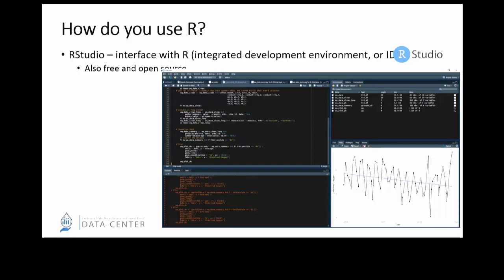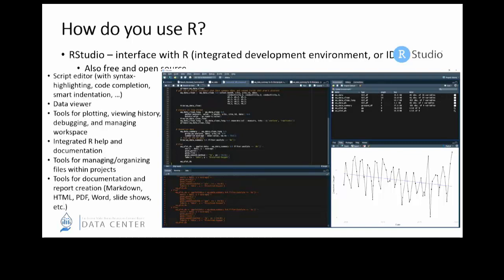You get your place where you enter the code, but you also have a text editor to write scripts. You can look at all of your variables saved. You can look at plots. There's tons of other stuff like a lot of help documentation built in, tools for documentation built in, lots of things that I don't really have time to cover, but some of them are written down here if you want to check those out later.